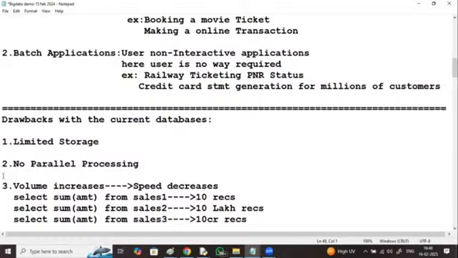The master node, in Hadoop terminology, we say it as name node. The slave node, we call it as data node. Observe, single master and multiple slaves. It follows master-slave architecture, right?